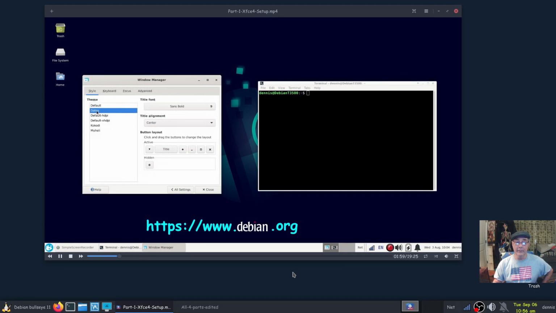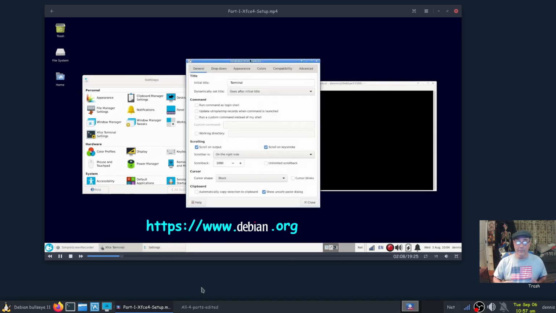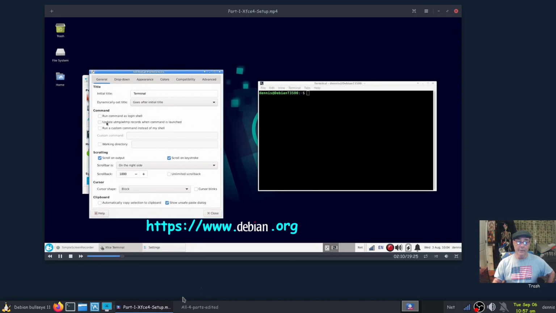Alright, and here I'm going to select the lower. If you'll notice, when I click on the terminal that's open, the top bar there is the blue. The active window has the blue header. While I'm in here, I might as well tweak my